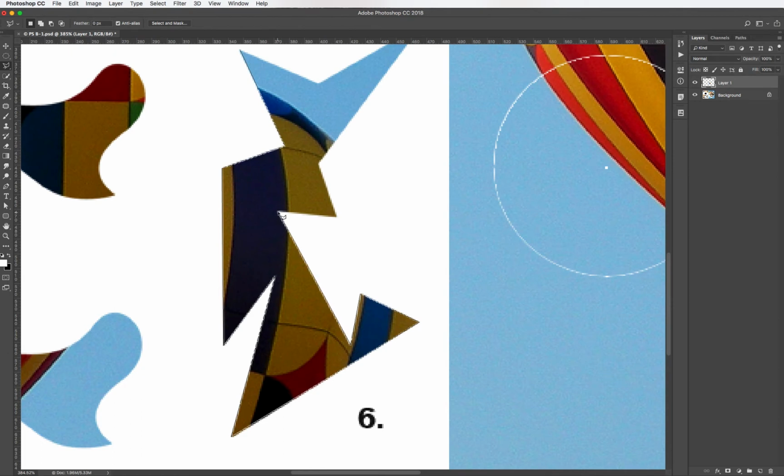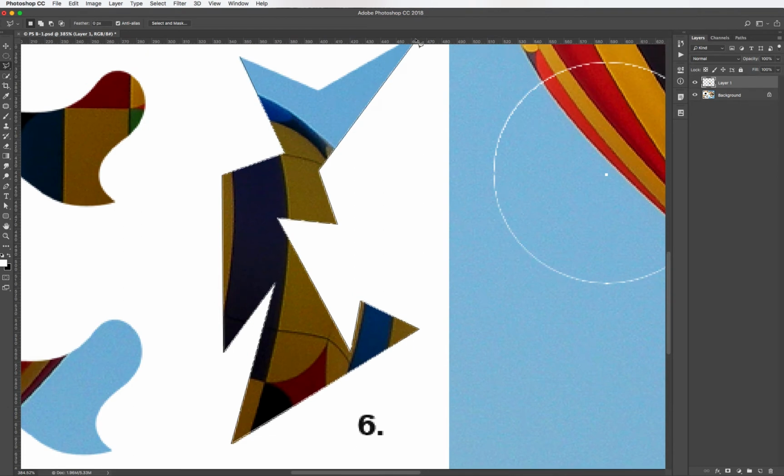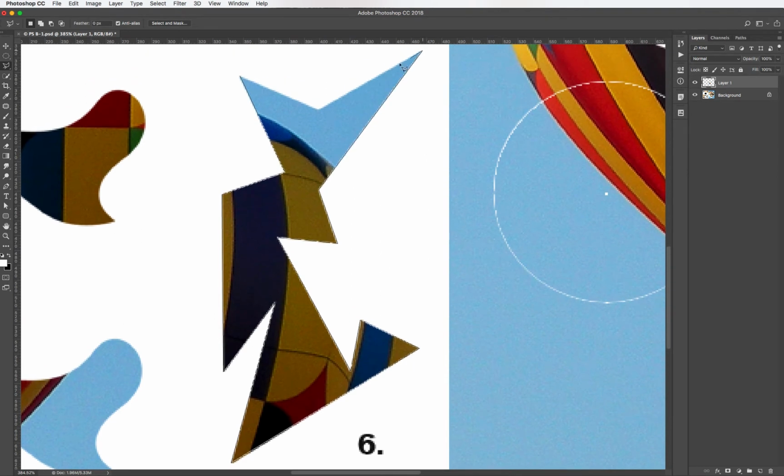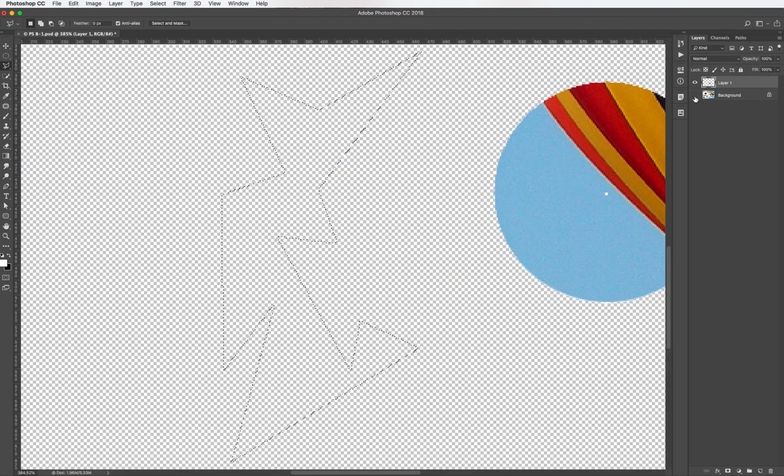Okay, and as I create this selection, basically what I'm doing is I'm going all the way around back to the point where I started. Okay, I make that selection. I do the selection. Looks like I'm pretty good. I don't have too much white. When I go back to the background, because this is what I'm going to be selecting. If I was on layer 1 and I hide this, this is what I would be selecting if I was selected on layer 1. So I have to go back to the background, select it,